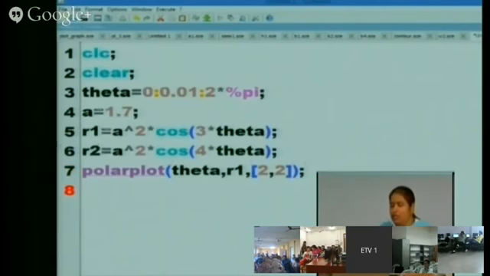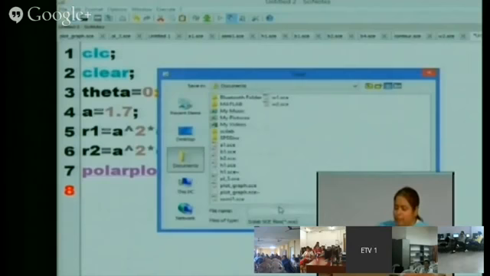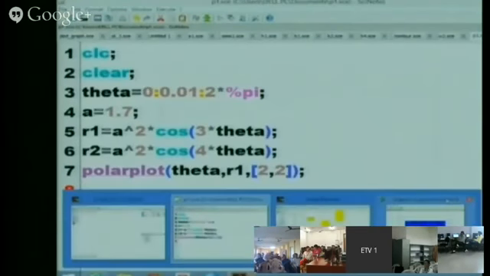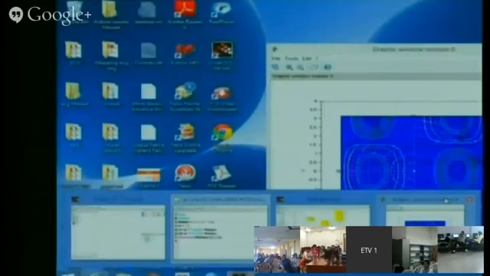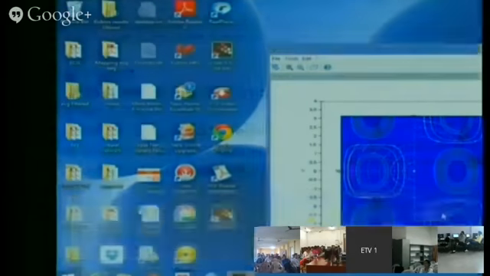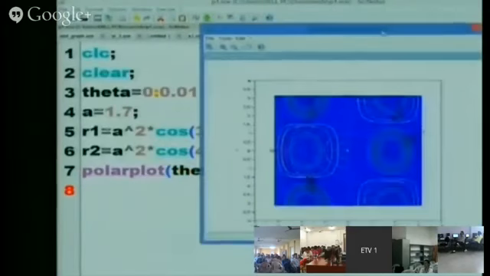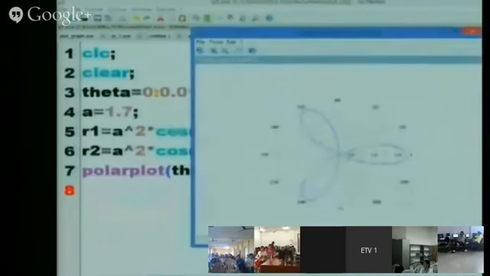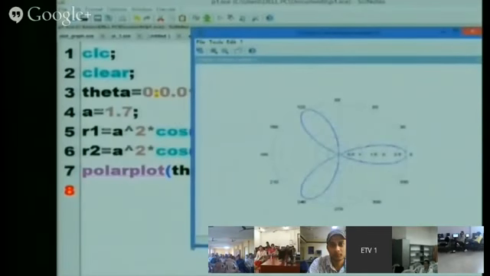Let us see. See, this is the polar plot, right?